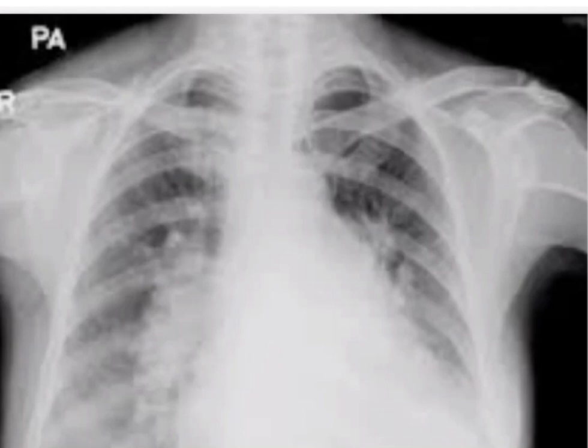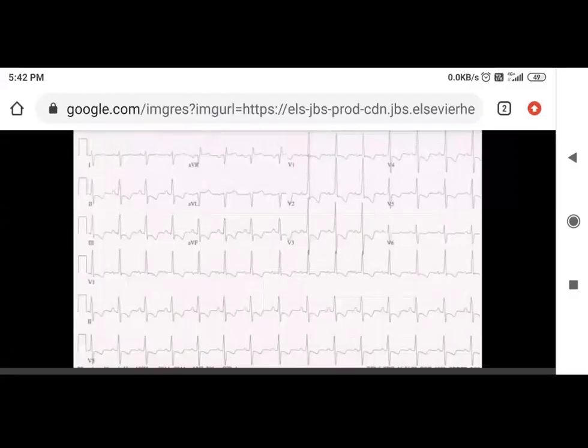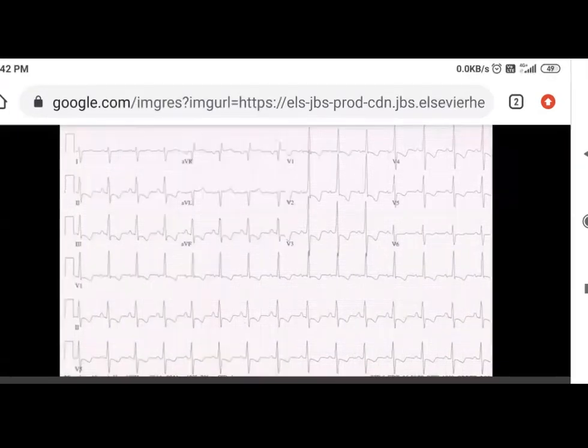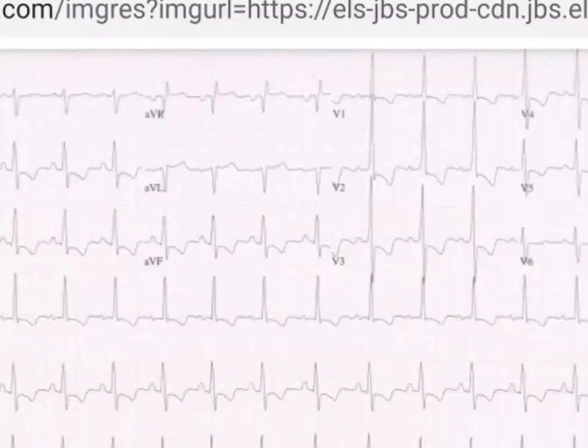Okay, electrocardiogram. Sir, apex beat, what to say here? Apex beat, LV. I could not see the apex very well because the X-ray does not project the apical part. I am not able to see it very well.